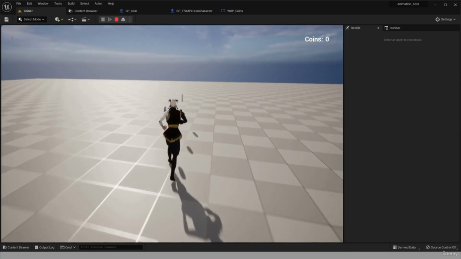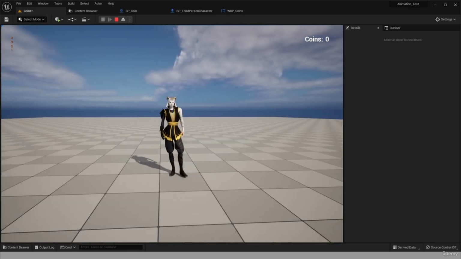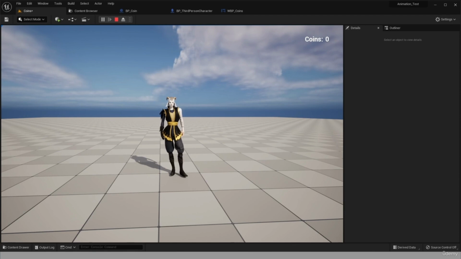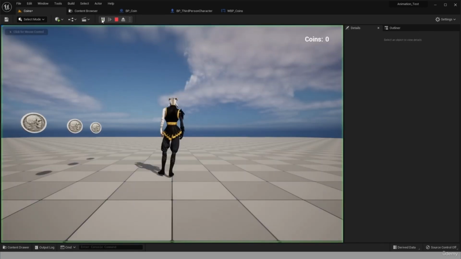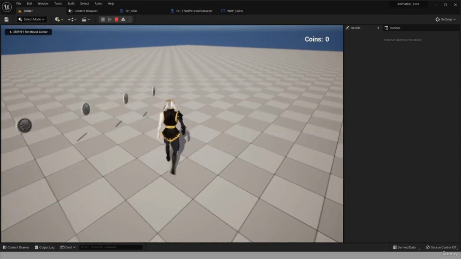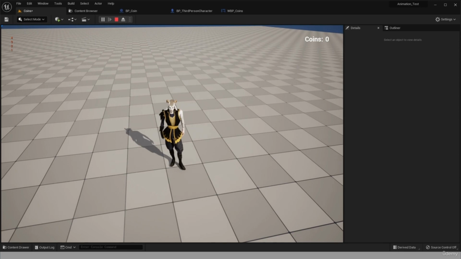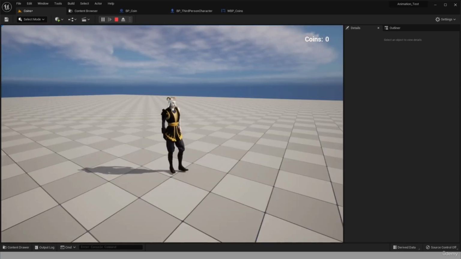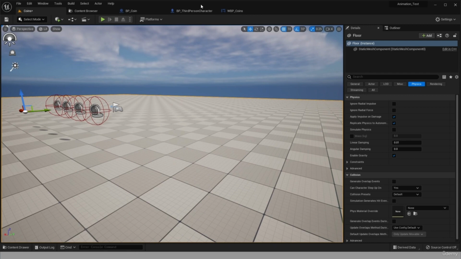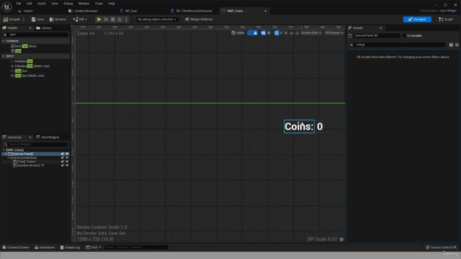Perfect. So if you don't like it, you can change color, you can do many different things. And I probably will be having another big class about widgets. But for now, just basic things. So again, if we go to the game, the character is going to collect the coins, but we didn't see anything. We didn't see any play score. We just see the 0 because it's just text. It's just text. So there is no logic inside it. But we're going to create